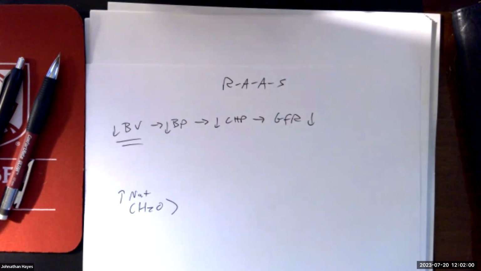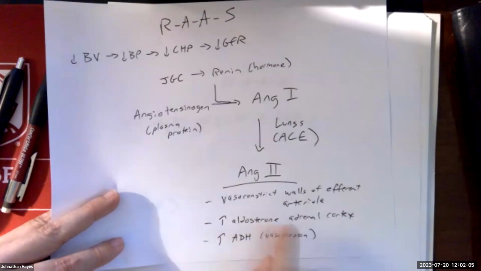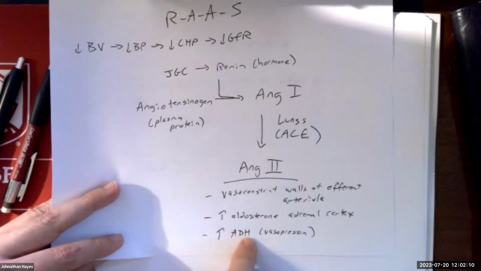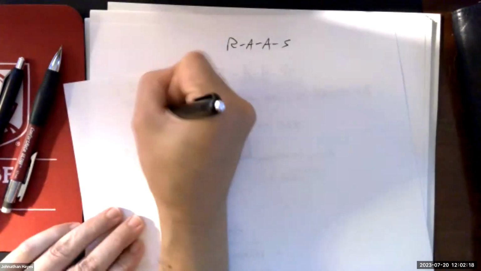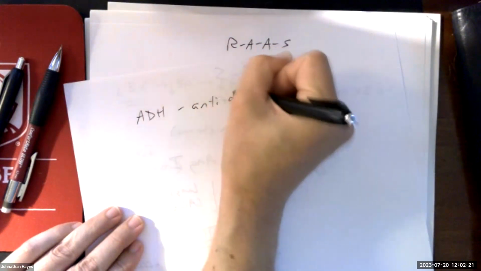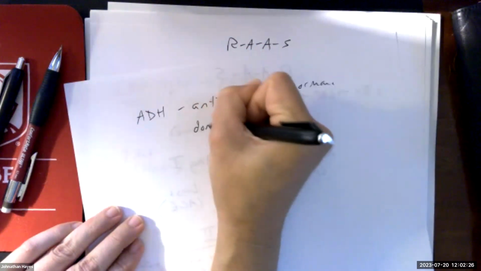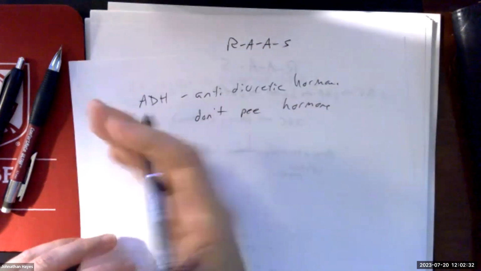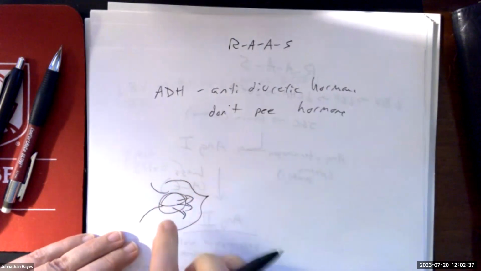Going back, another function that we saw. So why do we increase our aldosterone production? Because it's going to help us retain water, right? Another function that we saw is we're going to increase our ADH production. This will help us retain water because it's an antidiuretic hormone. So ADH stands for antidiuretic hormone, which means don't pee hormone, right? It's pulling water out of the tubular system, because when I filter, water is what's generating the